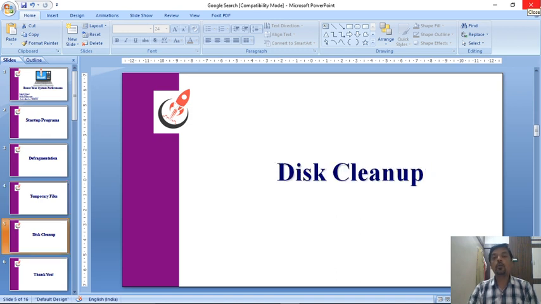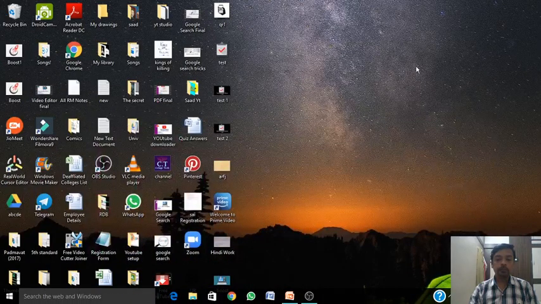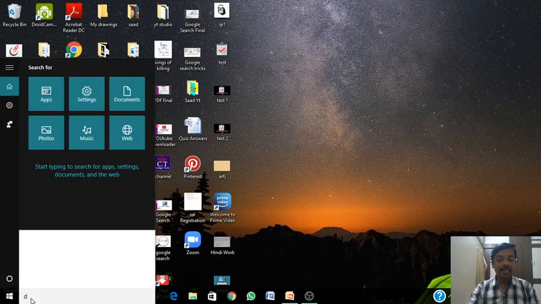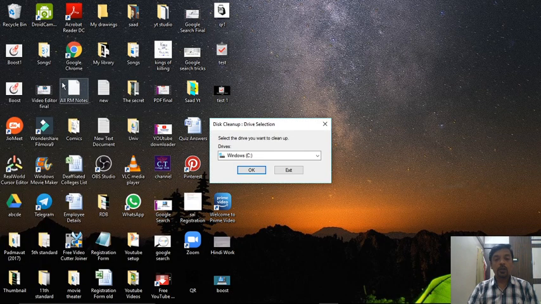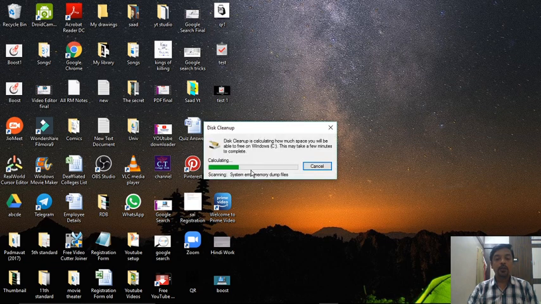And the last but most important one is disk cleanup. It is better to clean a disk. Very often we make a disk cleanup of our mobiles, but we forget to do it with our computer. So please do this task of disk cleanup, and for that again we have to go to the desktop. Okay, again I'll just type over here, disk cleanup. Okay, this is the first option I have, disk cleanup. And it is asking me to select the disk you would like to clean up. Suppose I choose it and click okay.